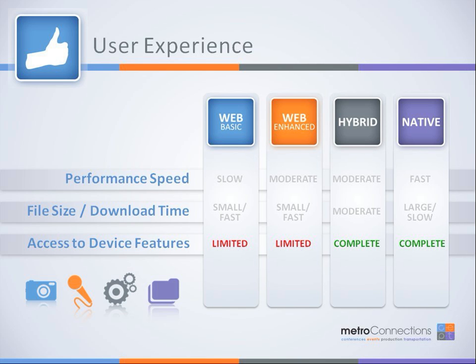They're full hooks into your phone, being able to use all of the technology that's on your phone, including the gyroscopes and the GPS and the microphones and the cameras. So they would be capable of hooking themselves into those things if the developer chooses to do so. Correct. And the last statement I'll make about this is that Web Enhanced is coming closer and closer to being able to use a lot of these features. So the differences are narrowing, so it may come down to things outside some of those types of features.